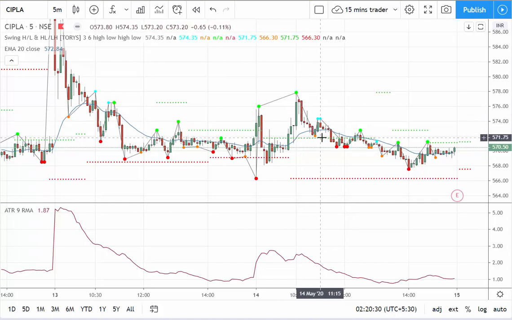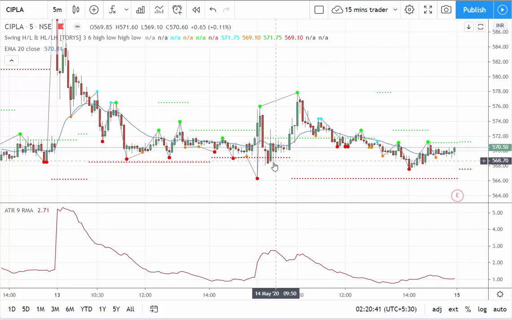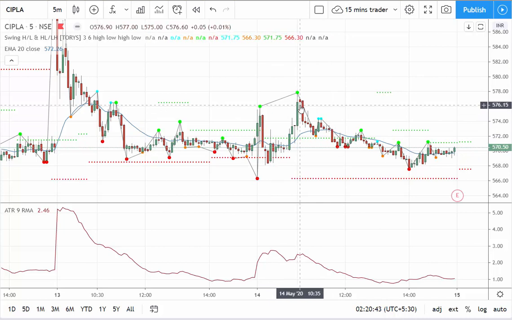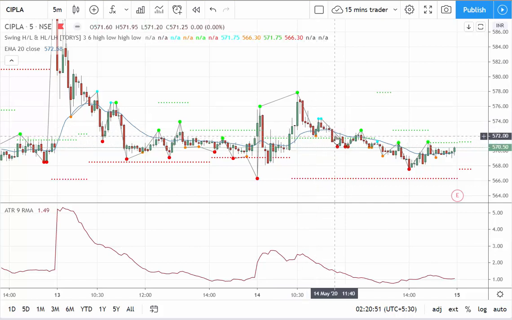I doubled my positions over here. Like, the buy position I converted to a sell. So I bought at 576, sold 2 at 572, and this I took out. So my stop loss is at